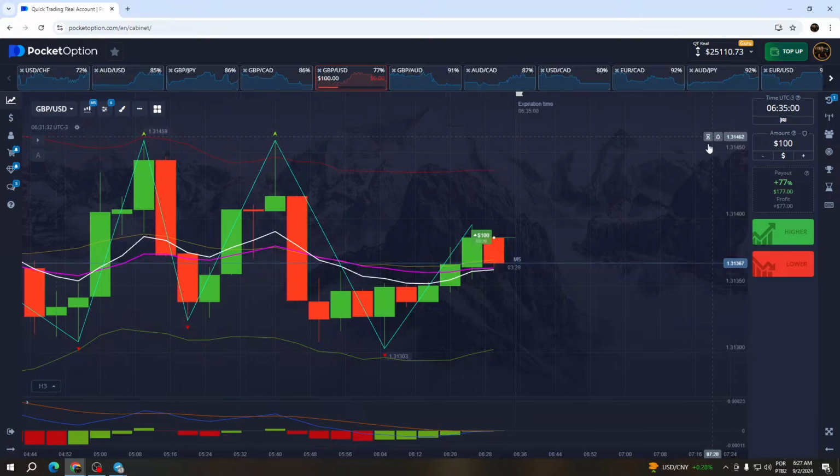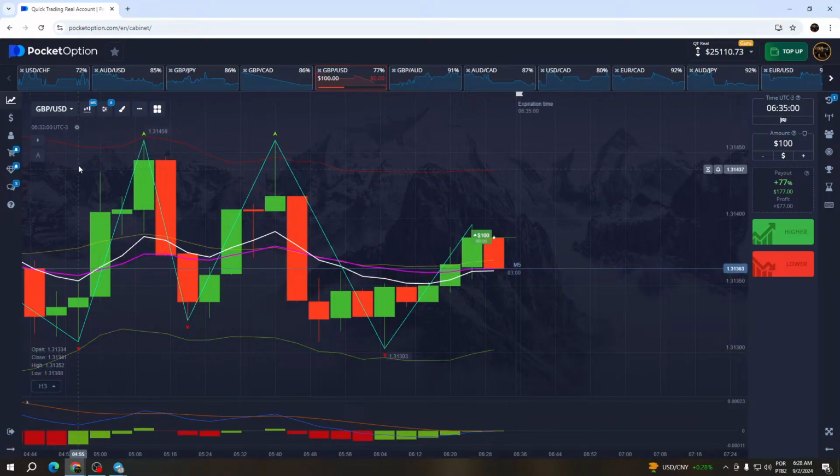Right now, all my entries will finish exactly at this time right here. If I use the flag 6:35 and perform an entry at 6:32, this entry will finish exactly at 6:35. If I perform an entry at 6:33, it will finish at 6:35. 6:34, 6:35.